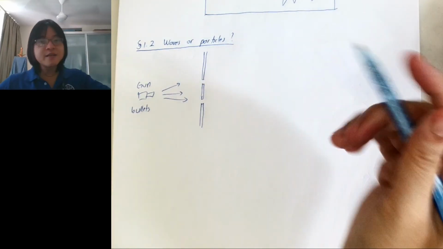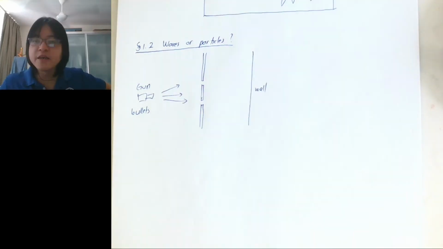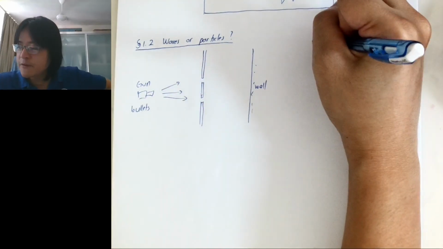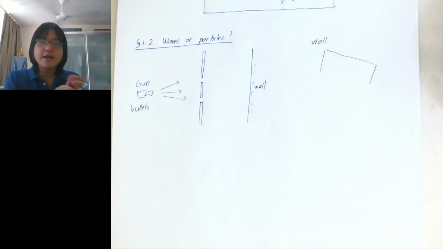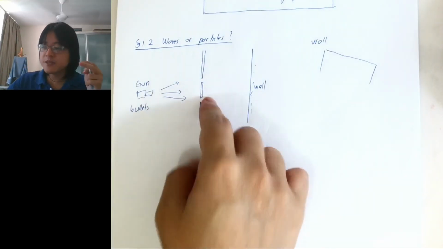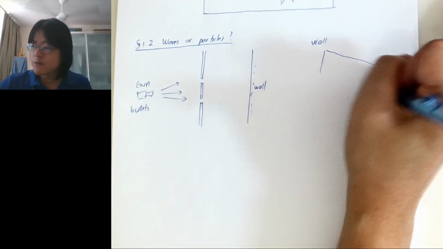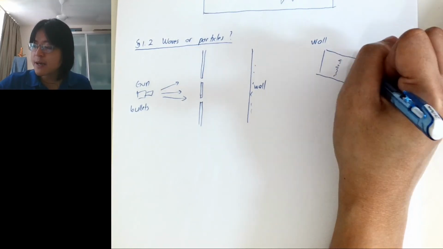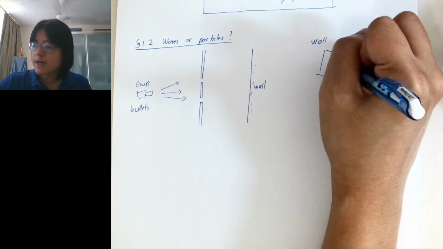Shooting in random directions, and then there's a wall at the back. So what do you see? You will see bullet holes on the wall. So let's draw another view of the wall. If I'm shooting a gun in random directions at a barrier with two gaps in it, then what we expect is most of the bullets will pass through this gap, most of the bullets will pass through another gap, but sometimes they will bounce.